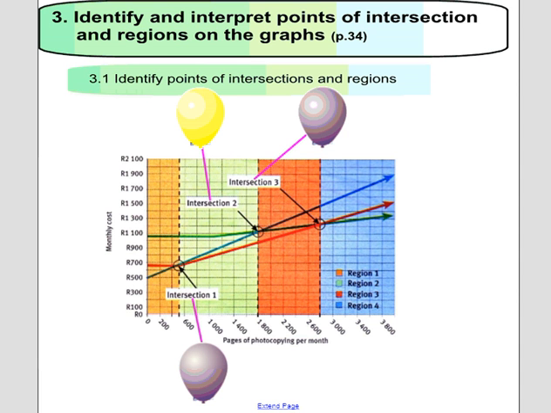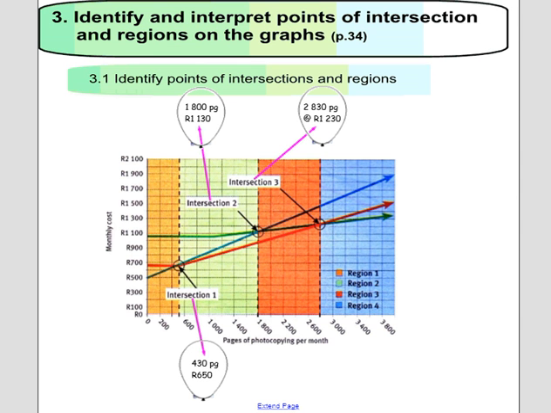Basically what we did here, 1,800 pages would cost 1,000. Now that was worked out mathematically. In section 1, there was your intersection, 430 pages, cost 650 Rand. Intersection 3 is here, 2,830 cost approximately. Can you see this is now where your cost comes in? Because we have now found this point,